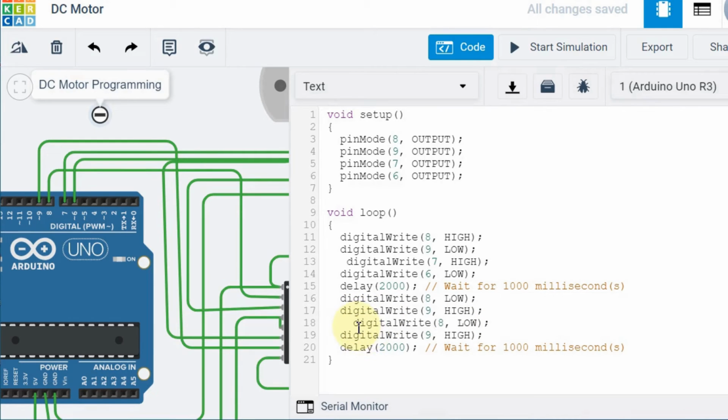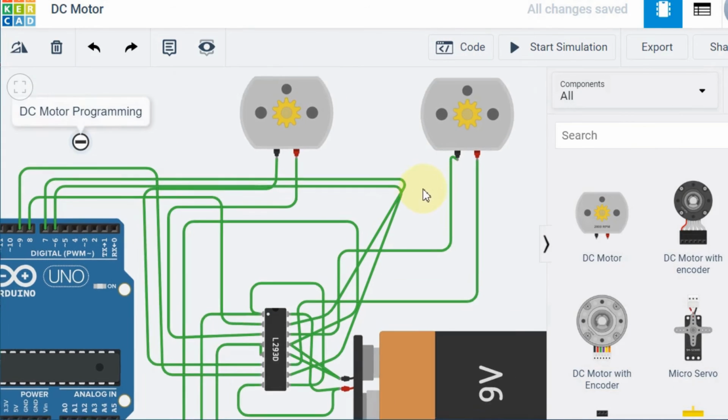In the second delay, again I need to change the pin numbers to 7 and 6. Now I have given the code for motor 1 as well as motor 2, right?